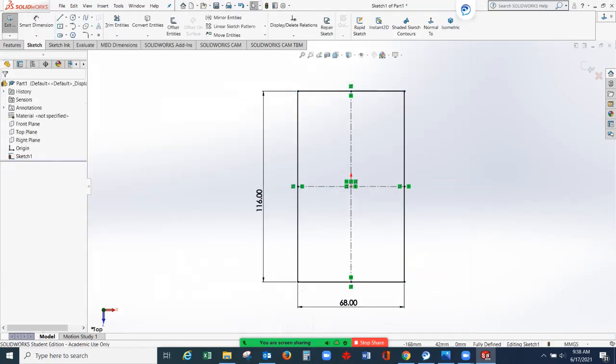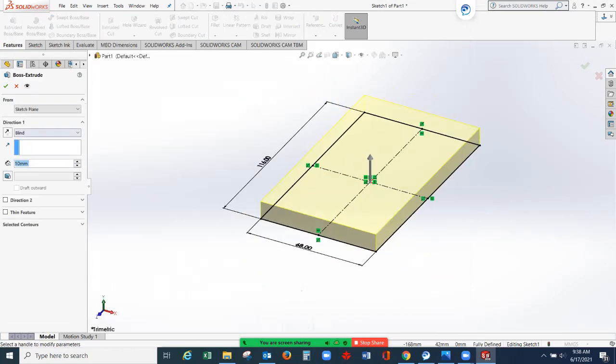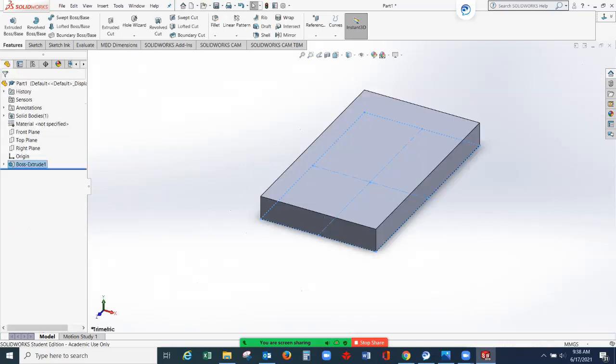Check mark. You can go to features, extruded boss base. I can extrude it to 13 millimeter thickness, and then select this green check mark. So I have the base of my part.